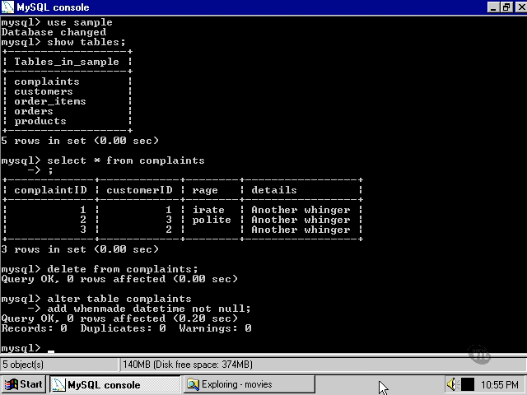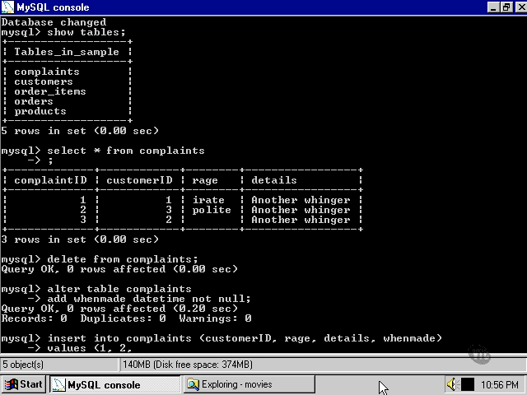Now what happens when we insert into the complaints table? Let's specify the columns we want to insert into, all the existing columns and our new column that we've just added, apart from the complaint ID, which of course will be auto-incremented. And we're going to specify some values for the customer ID, the level of rage with which they made their complaint, a reason why they're complaining, and finally we're going to insert a date and time into the when made